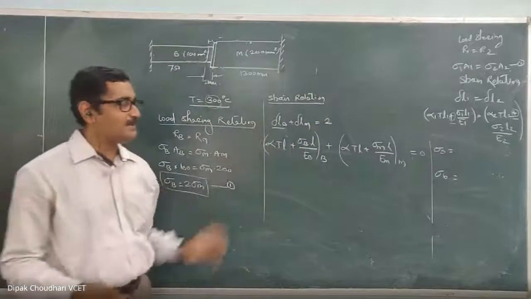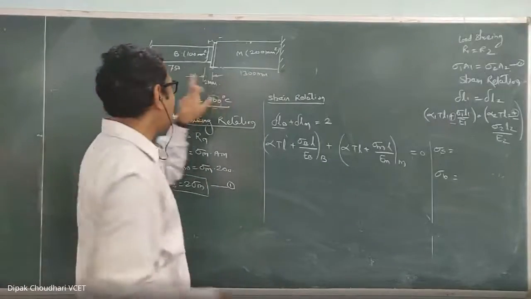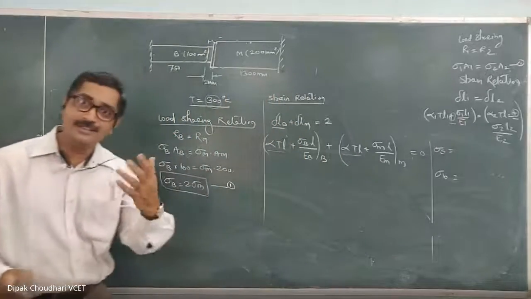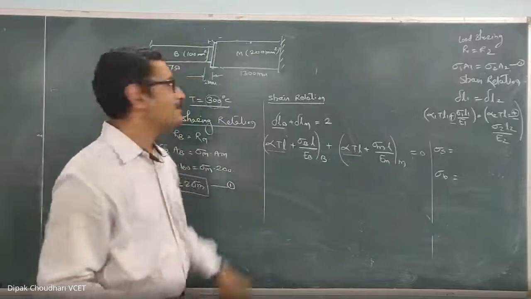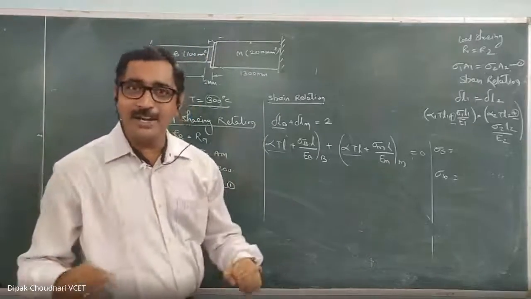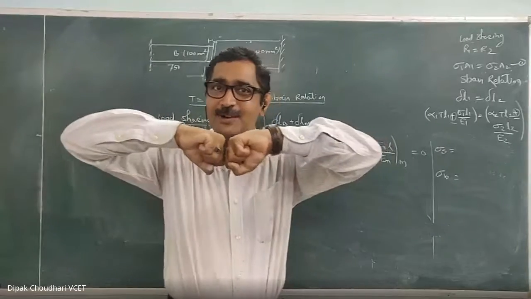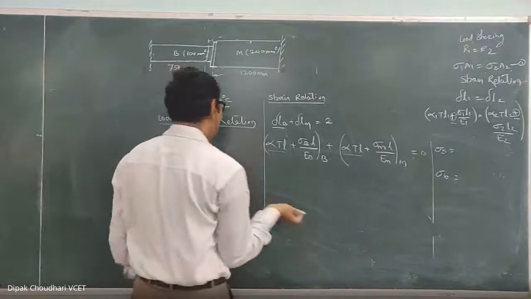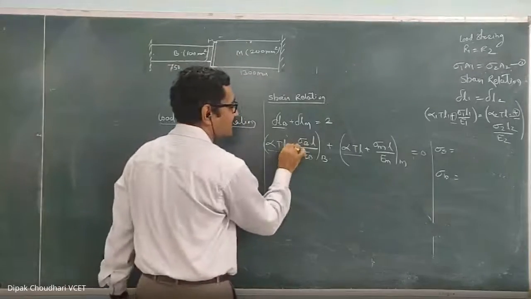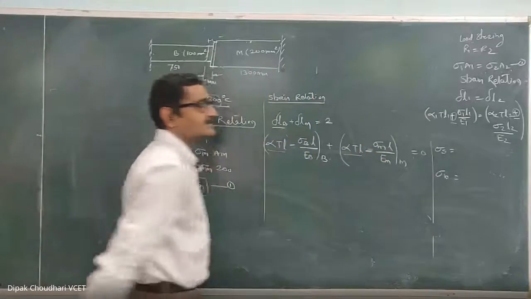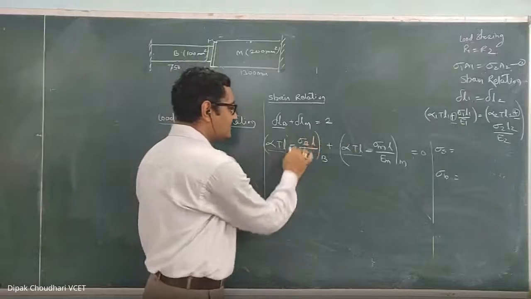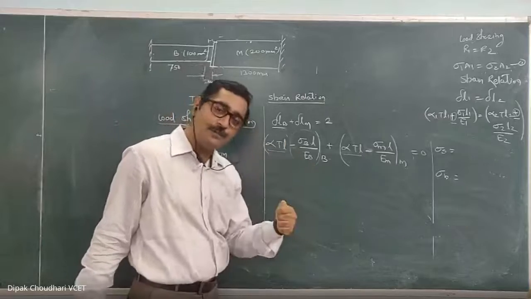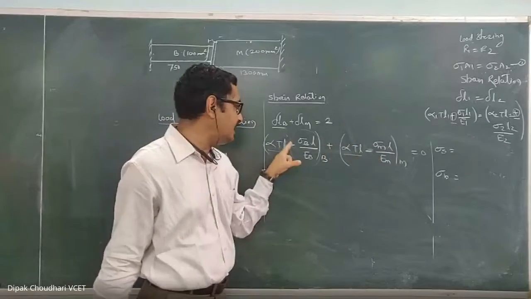Now, I have written this formula directly, but now you have to think logically. Here there is a rise in temperature. Because of the rise in temperature, this is the free deformation, which will be the increase in length, so both are positive. Clear? But the reactive forces exerted on both the materials, since they are connected in series, and both materials are pushing each other, means both the materials are in compression. That's why, because of this reactive compressive force, this is the decrease in length and this will also be a decrease in length. So you have to take it minus here because this is compressive in nature. The reactive force is compressive in nature, and because of that, the deformation will be a contraction, a decrease in length, and that's why it is minus.